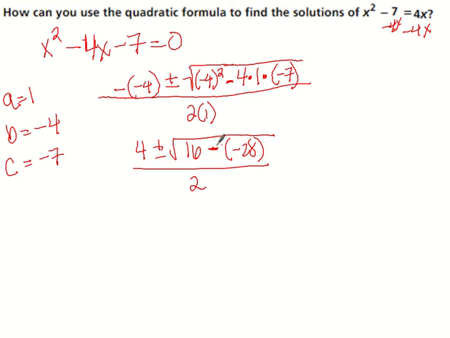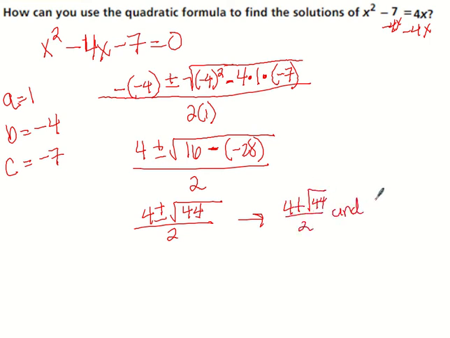I then need to do some cleanup here. We know that a minus a negative is actually plus. So when I do 16 plus 28, we get 4 plus or minus the square root of 44 divided by 2. Okay, so technically there are two solutions in here, right? So the two solutions would be, I'm going to draw a little arrow, 4 plus the square root of 44 divided by 2